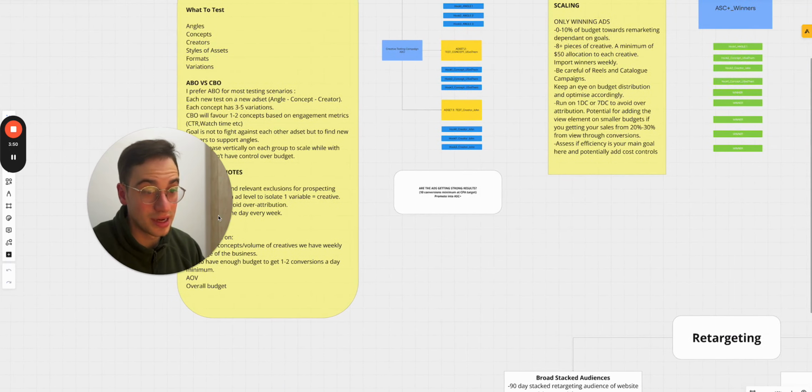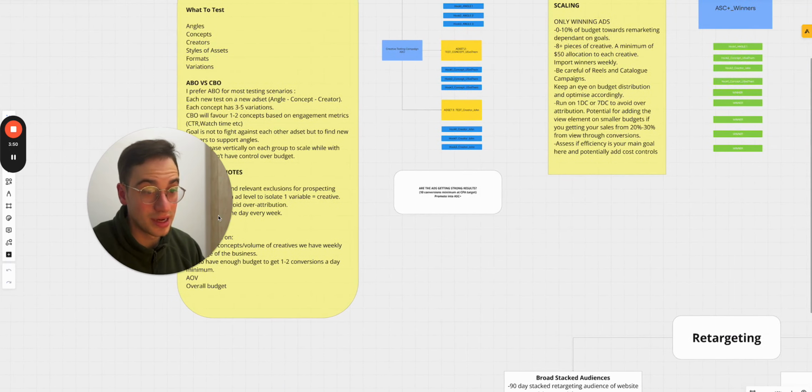As you can see here, we have ad set one, which is an ABO campaign: ad set one, angle one, with multiple different creatives. Obviously, they are testing against each other. And we have ad set two, where I'm testing a different concept, a different hook, and number three is the creator, where I'm again testing three different hooks. But again, that's how I structure my test. Each unique ad set has its own